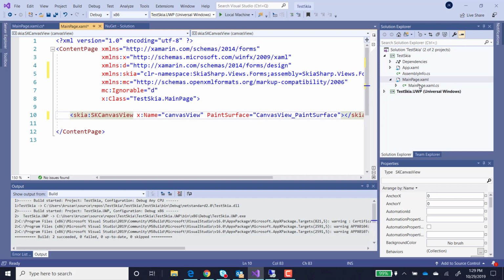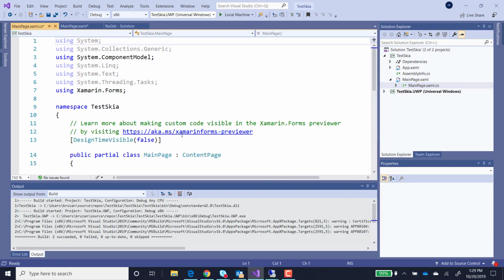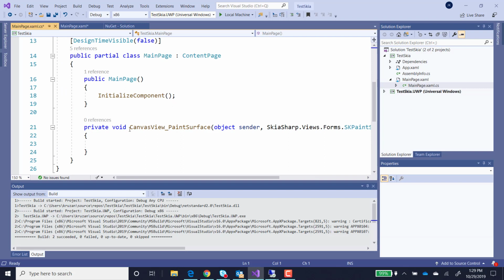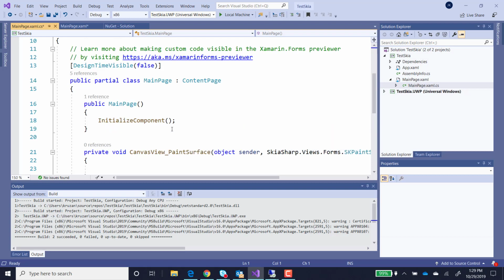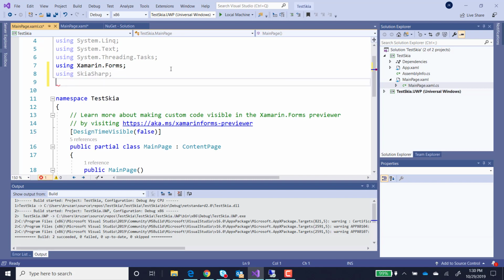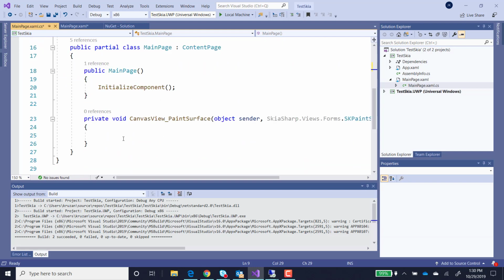Now let's hop over to MainPage.xaml.cs. This is the code behind here, and we are going to initialize our paint surface here. We're going to need a couple using statements. So you're going to say using SkiaSharp and using SkiaSharp.Views.Forms. Those two using statements will give us the ability to